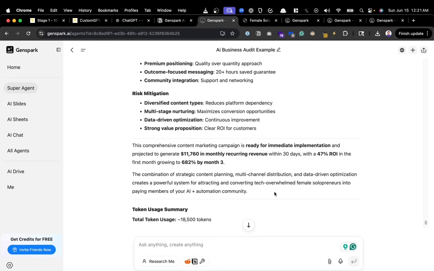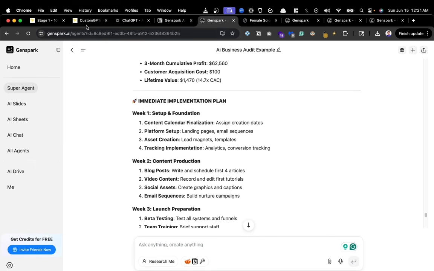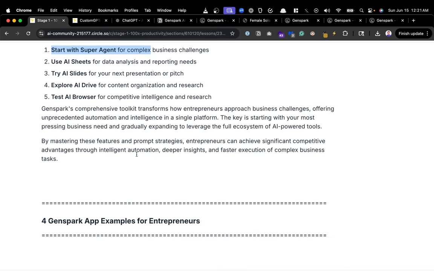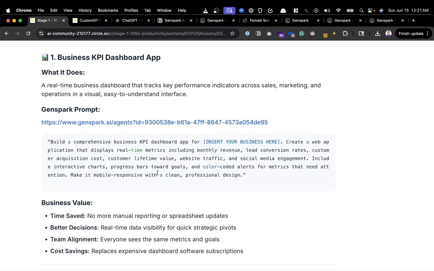So this is wild. That's just to show you what agents are powerful for. So I highly recommend you go through all of those. I have some apps here, so it will actually generate dashboard apps. So just to show you how we can actually build applications, which is right here. So you can